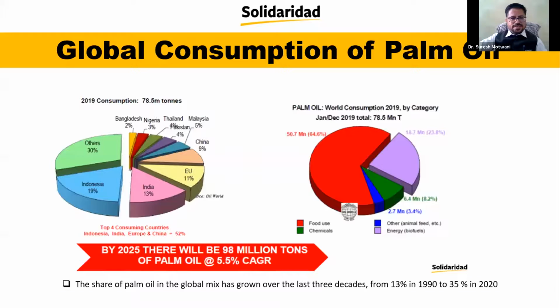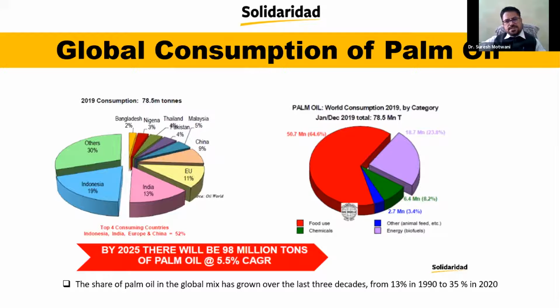So I will continue. You can see this slide showing the global consumption of palm oil. The present status is around 70 to 80 million metric tons of palm oil consumed. Country-wise description is there. After Indonesia, which is the main producing country as well as a consuming country, India is the country that consumes around 13% of the palm oil available globally. So this is one of the indicators of why we discuss India, the major importer.